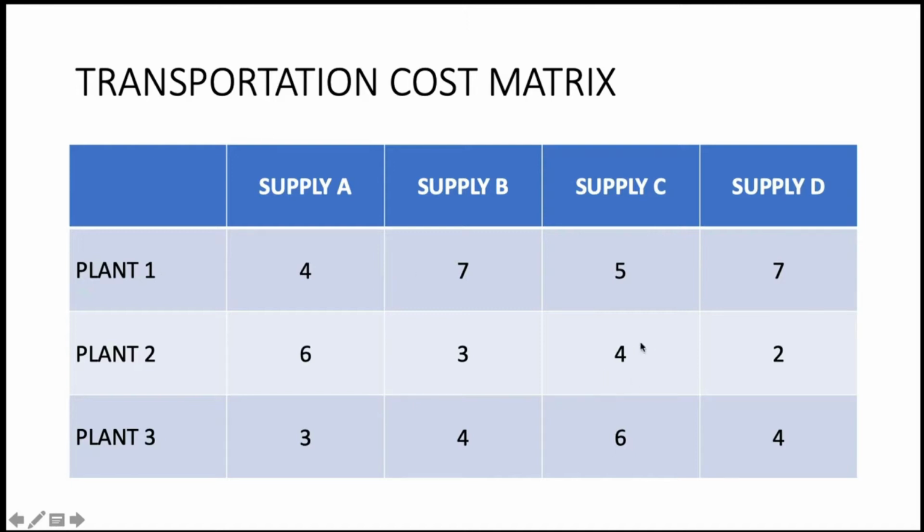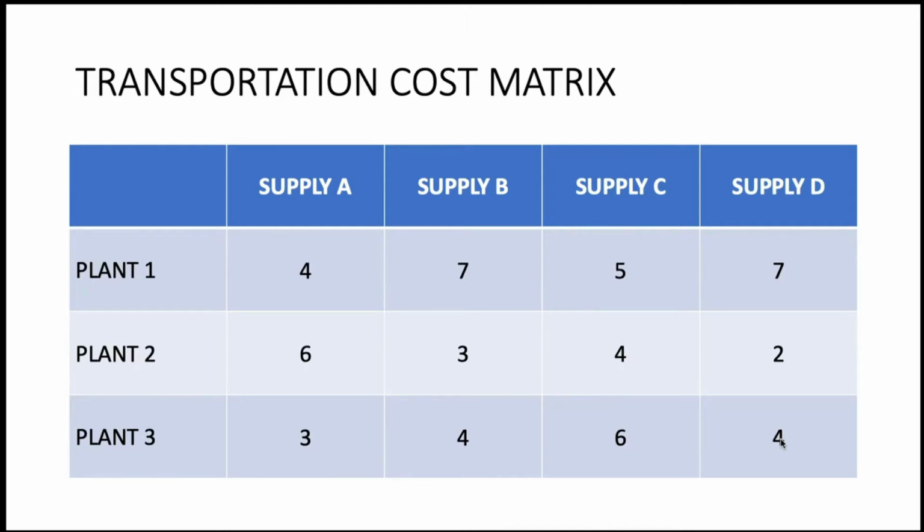Similarly, the cost of supplying 1 unit from supply center C to plant B is 4. And the cost of transporting 1 unit from supply center D to plant 3 is 4. So this is basically what is called the transportation cost matrix, which is the basis on which we